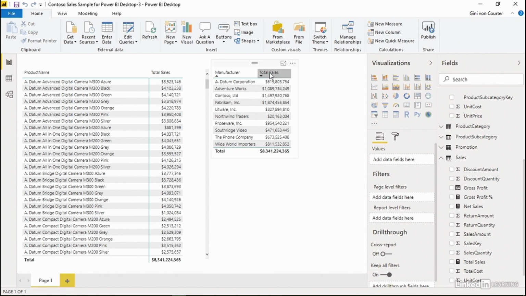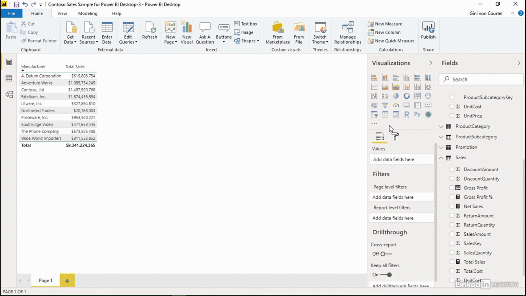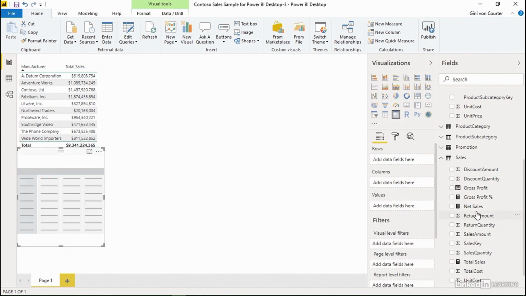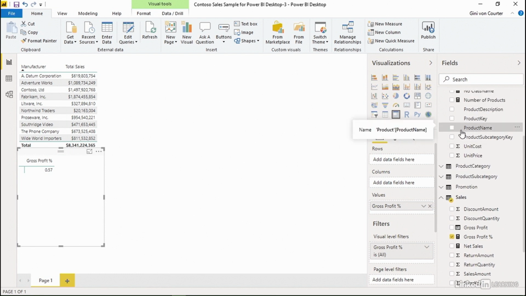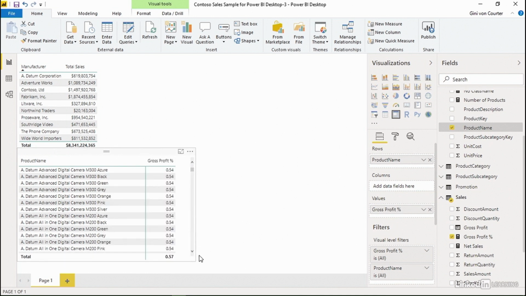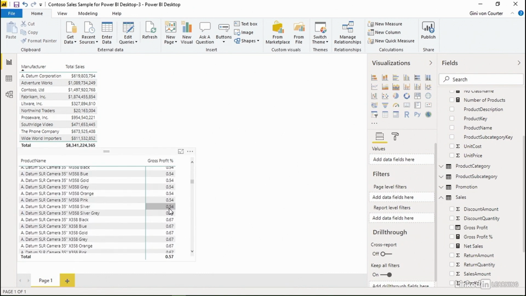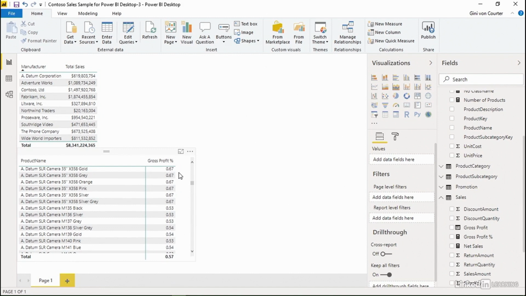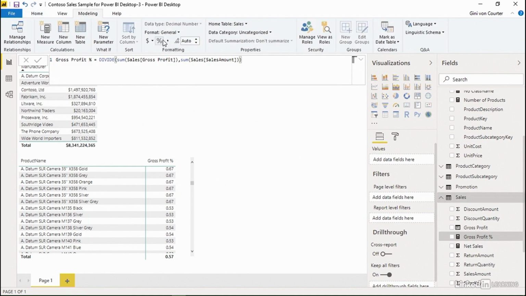I'm going to remove one of our previous visualizations. Create some space. We'll hang on to this in case we want it later. Create a new matrix. And let's drop gross profit percentage in it. That's kind of cool. That's for all sales. So let's take a look now at specific products. And you might think that it's interesting that these are all the same. Well, they're just different colors of the same digital camera. So yes, our gross profit percentage, 0.57. Now remember that if we want this formatted as a percentage, it would be really good if we dropped up here to the model and said this is actually going to be a percent. And we want it to have